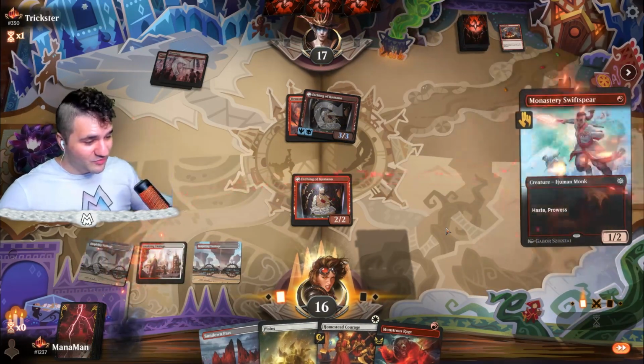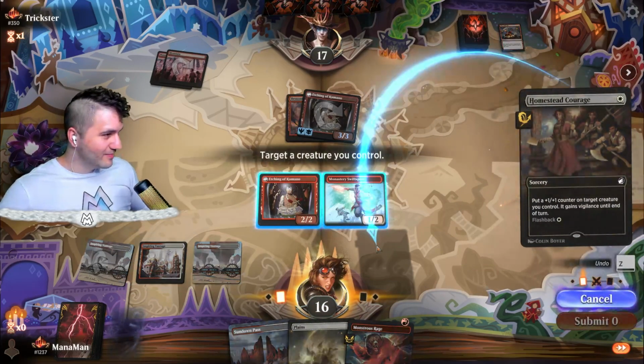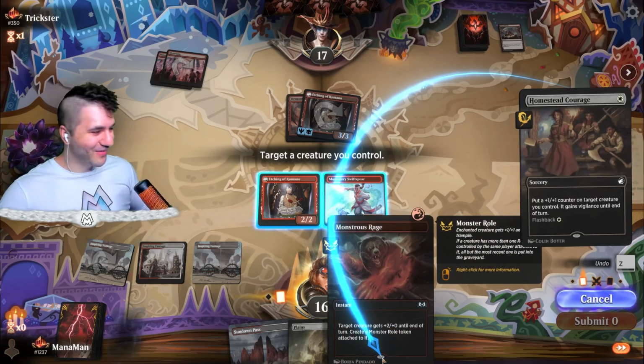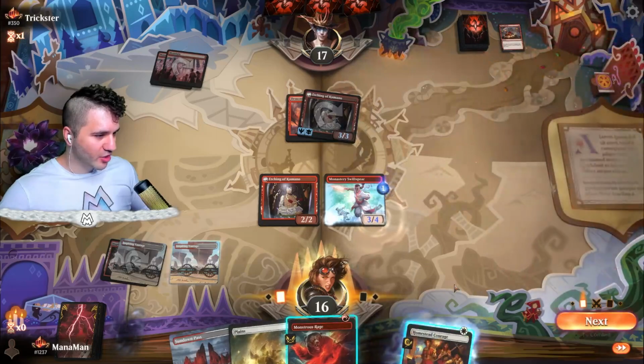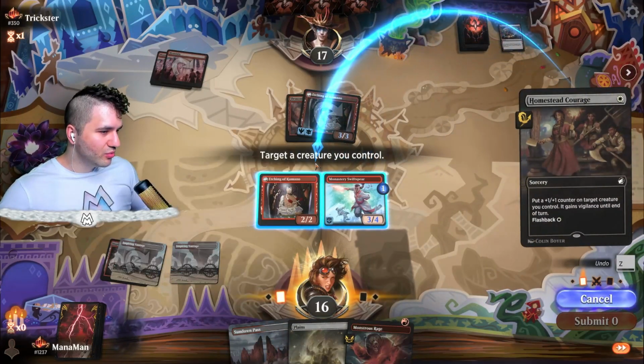But Monastery Swiftspear into Courage into Monstrous Rage feels pretty good. So we got Homestead Courage, the cowardly dog, into a monster. If you know, you know. Yeah, we'll go for the Swiftspear. Get some prowess action going. I think we're going to go with double prowess. Let's get these things into...